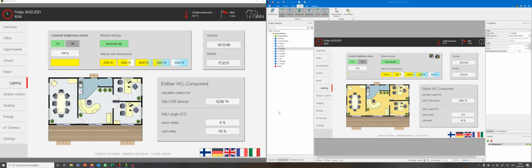Hello everybody, I'm Rene from the EisBaer team from Germany, and I would like to show you a very cool feature of our EisBaer software suite, which is the HCL component, or human-centric lighting, or the other magical word